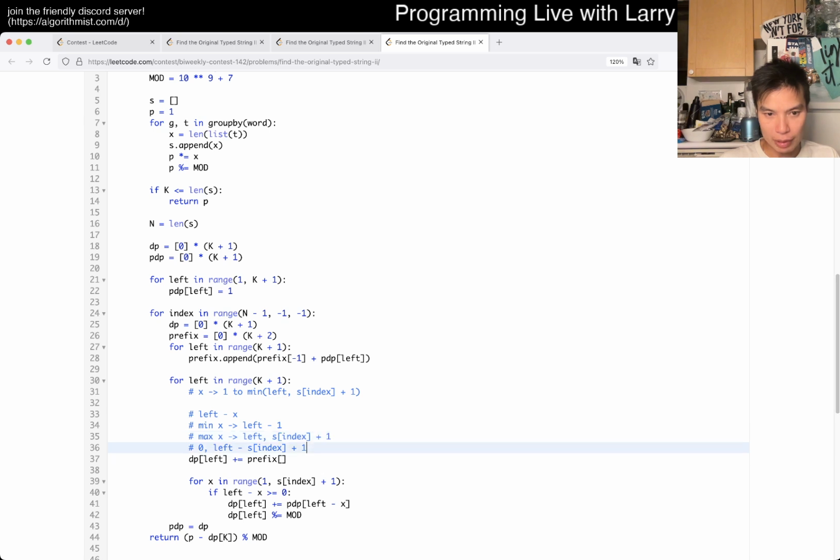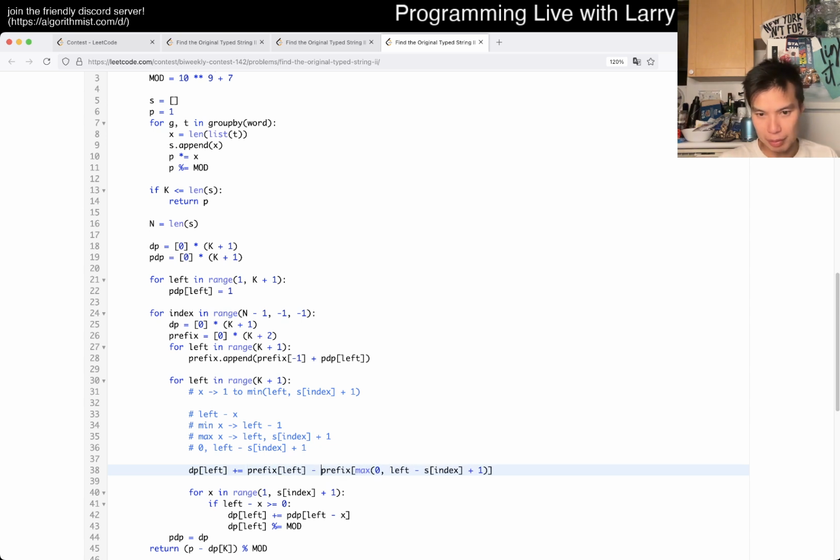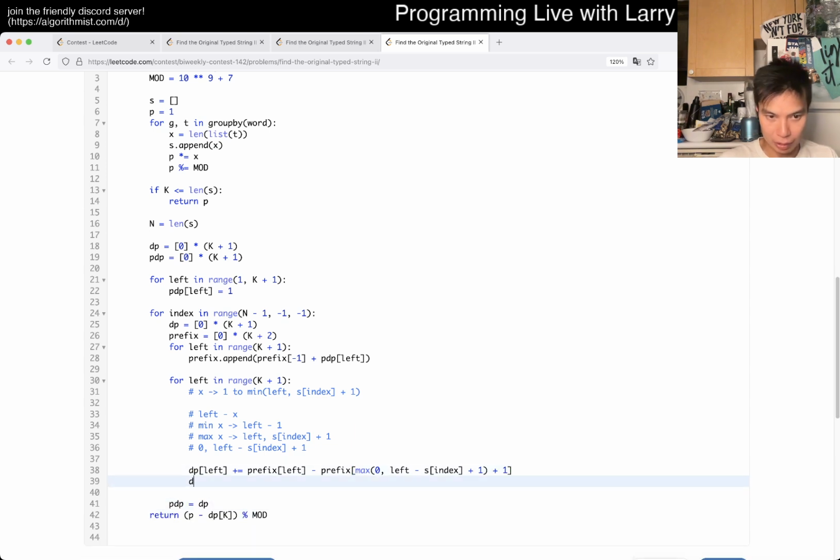So now effectively we're going from this number, the max of this, or from left minus 1, which is left. Okay, so something like this, and then mod it, of course.